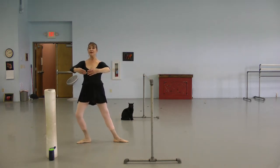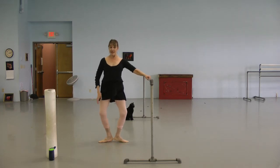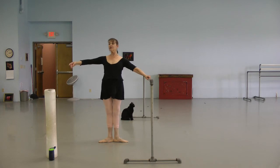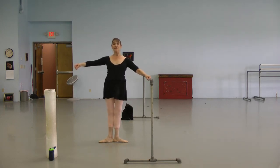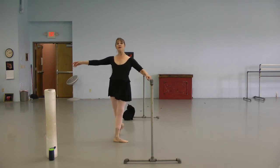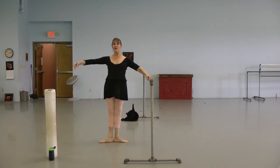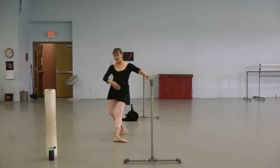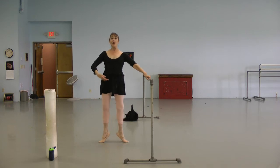tombé, and push off, and close first, plié, relevé, plié, and stretch to the back, and tendu, and heels together, tendu, and heels together, tendu, plié through the foot, and tendu, and close, and tendu, fall back, keep that leg straight, push with that foot, and plié, relevé,